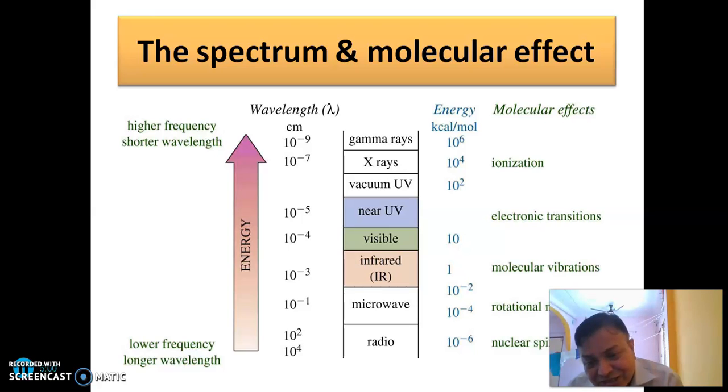at the electron spin orientation level. Similarly, radio frequency radiation is also not able to interact with the matter, but in a strong magnetic field from 10,000 Gauss to 14,000 Gauss, it interacts with the matter and makes changes at the nuclei level, and changes the spin orientation of nuclei. Those changes we can record with the help of a detector.